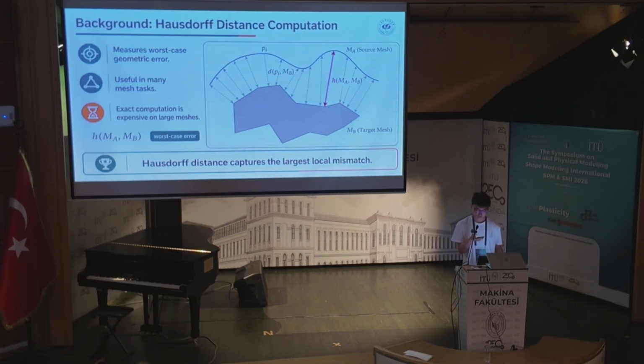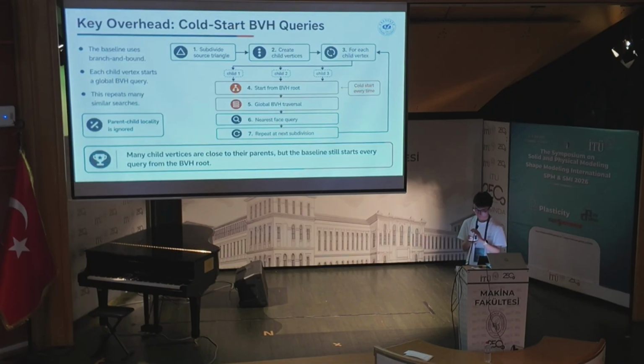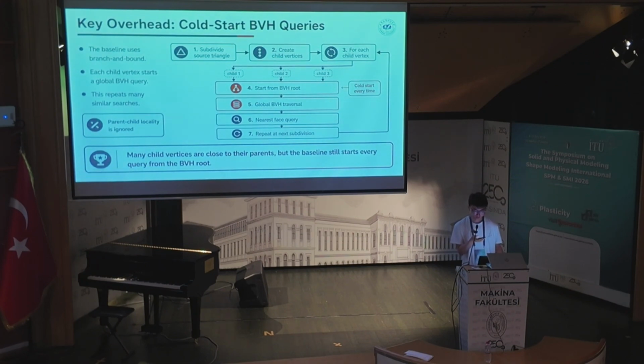The problem is cost. If both meshes have many triangles, exact computation needs many nearest point queries. This is slow for large models and high precision settings. The baseline method uses branch and bound with cascading all paths. If a model is large, it can produce many triangles and many subdivisions. There is still a key overhead in the